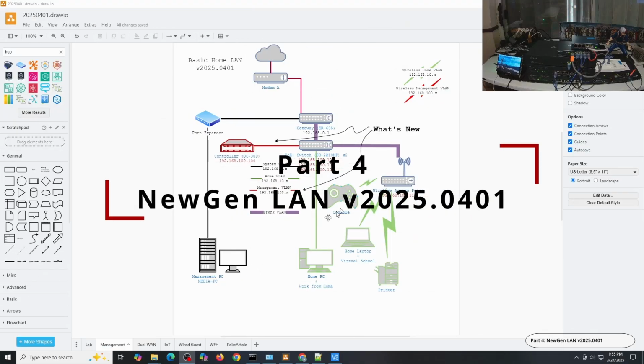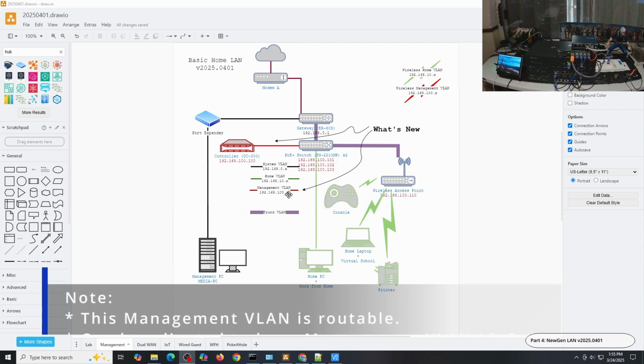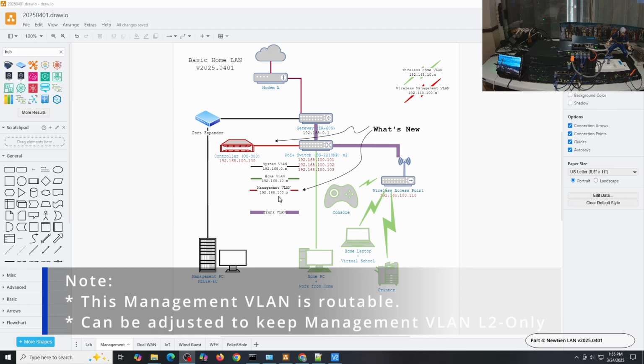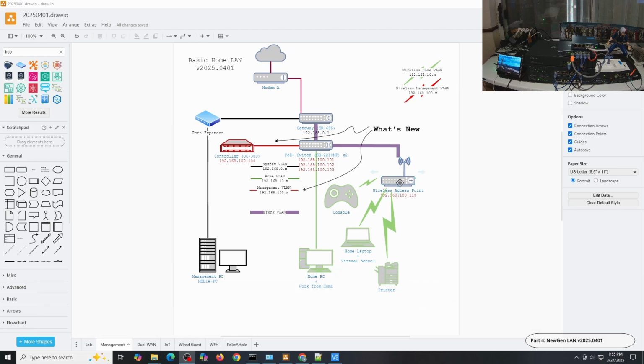So this diagram represents the end goal of this video. In this diagram, I have shown the addition of the management VLAN network, which is the 192.168.100.0 network. All network devices will have an IP address based on that network. The controller will have 192.168.100.100. For the access point, it will have a 192.168.100.110 IP address. And for the remaining two switches, I will still have the .101 and .102. But I will also demonstrate how to adopt a new switch, and that's the reason why I have another IP address in here, which shows 192.168.100.103. It's going to be a different switch, an SG2008.